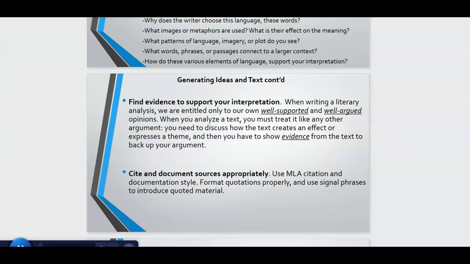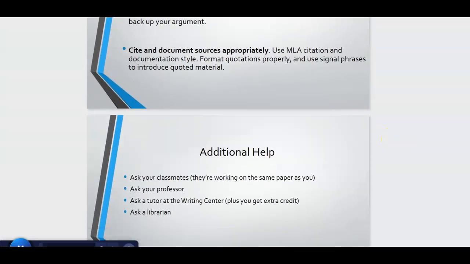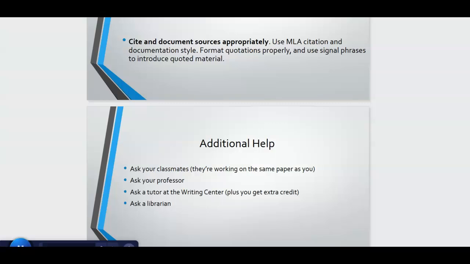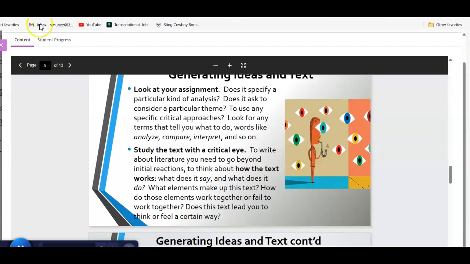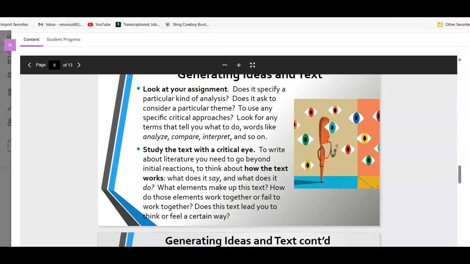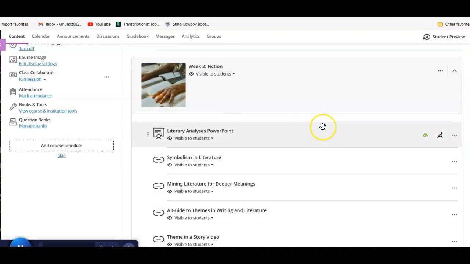Use MLA citation and documentation style format. Format quotations properly and use signal phrases to introduce quoted material. There's some additional help there. So let's look at the instructions real quick here. Here we go. Okay,